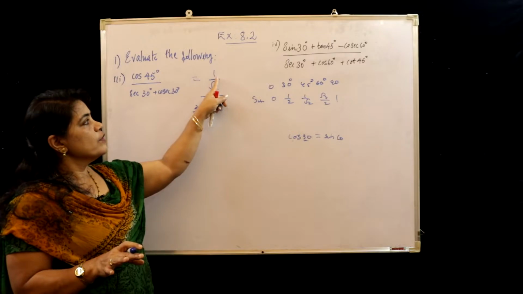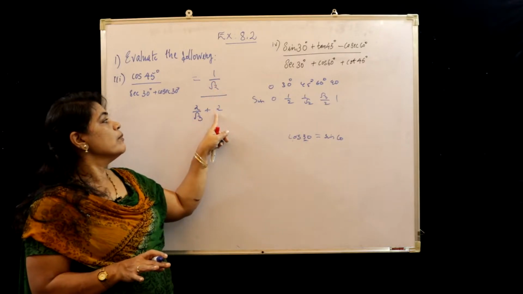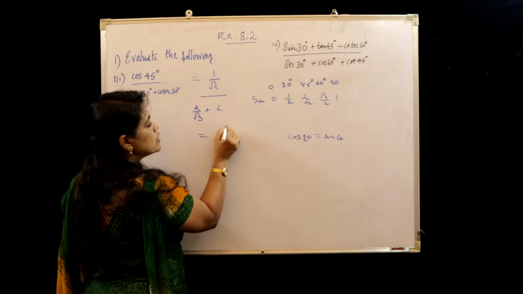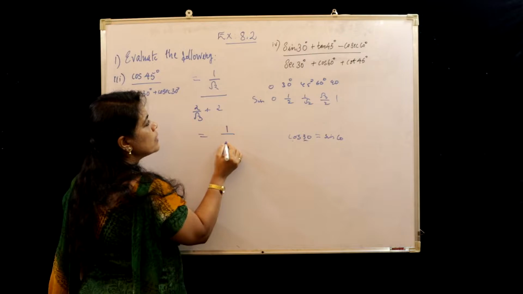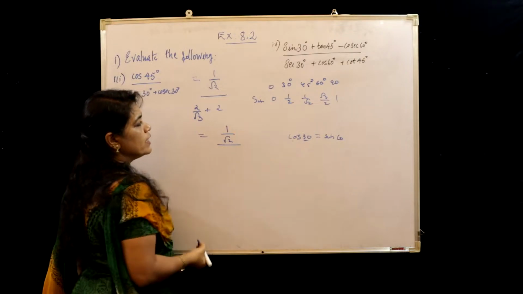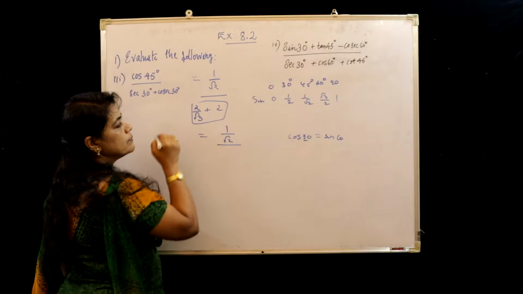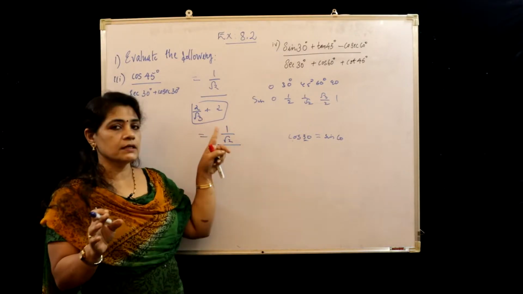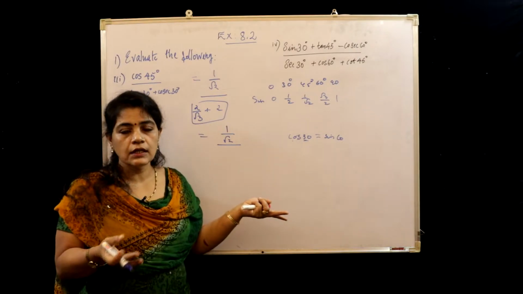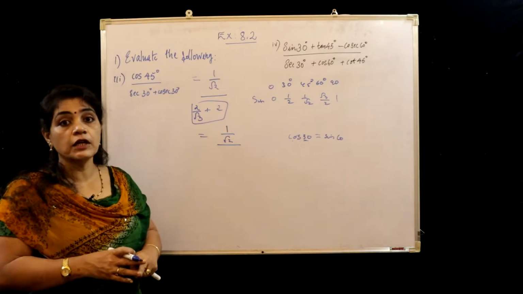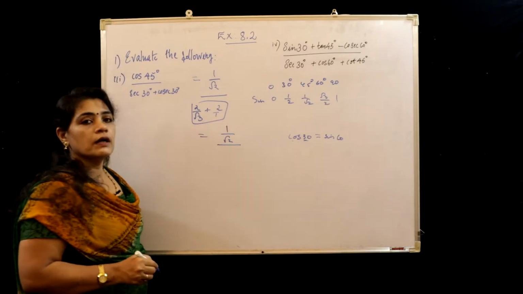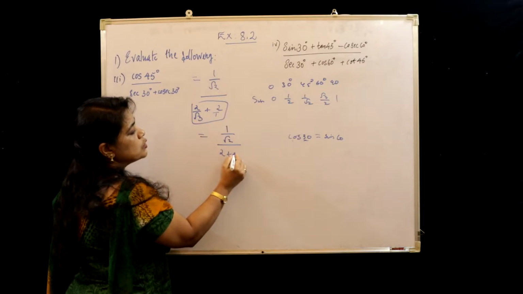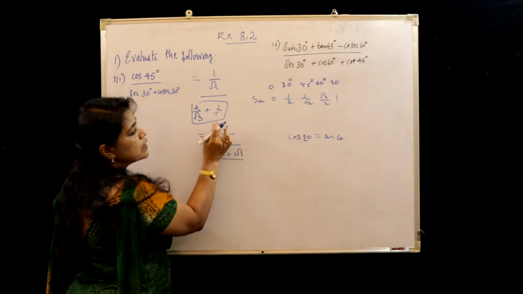So we are going to simplify this: 1 by root 2 divided by (2 by root 3 plus 2). Okay, so the numerator is a fraction, 1 by root 2, divided by the denominator, which can be grouped. The denominator has two terms. Why? Because the terms are connected by a plus sign. Okay, we can't multiply the 2s, that is wrong. That is possible only when they are connected by multiplication. So you can cross multiply: 2 ones are 2 plus 2 into root 3, 2 root 3,